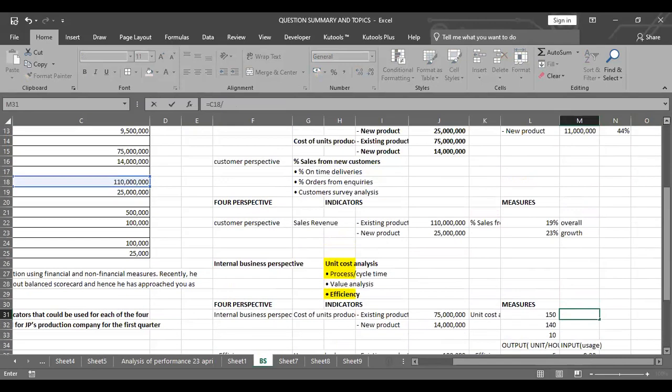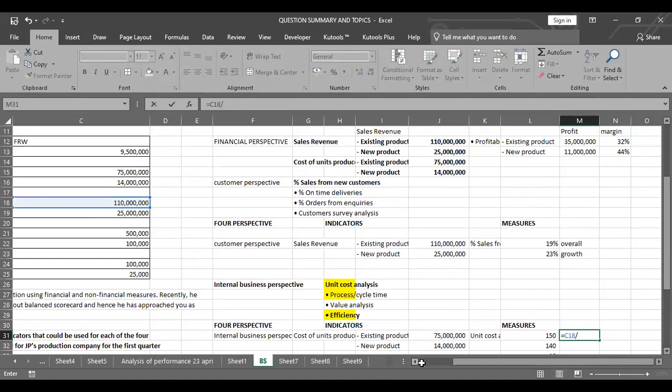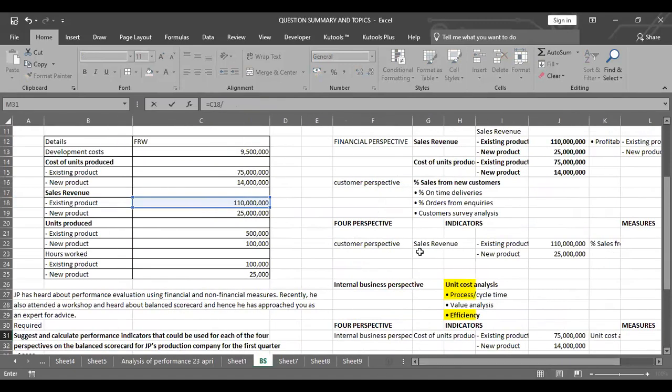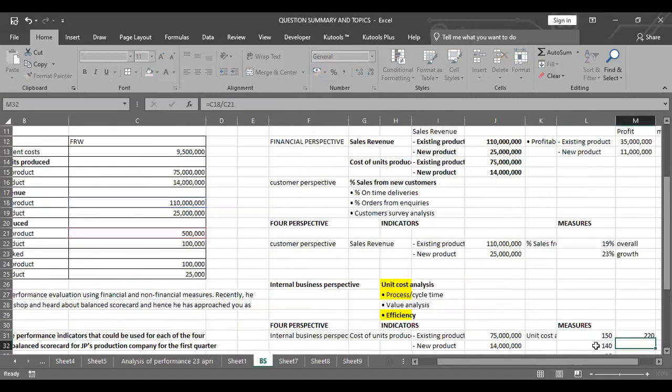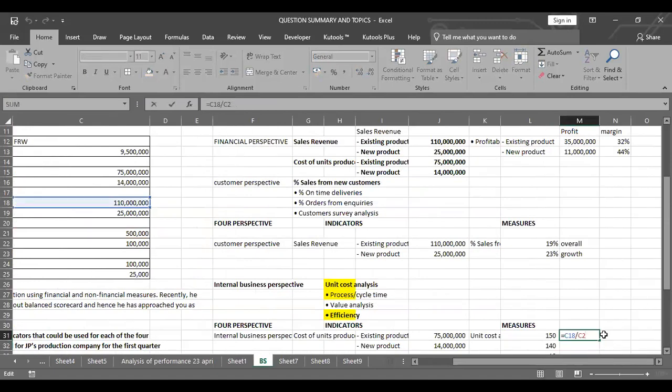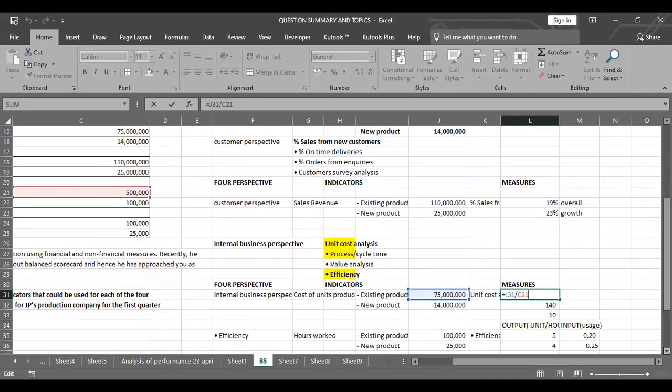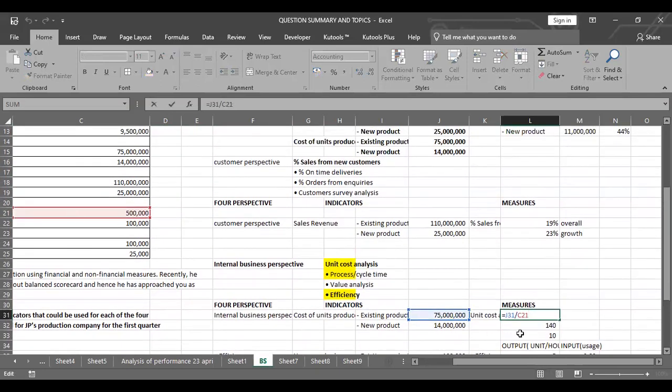I divided by the number of units being produced there, and the number of units produced was 500. I think I did it wrong. Let me check. Yes, I picked that and divided 5 million by 500, because you're looking for the cost, not sales. That's how I got the cost per unit. It's cost per unit, not sales. You're correct. So I picked the 75 and divided by that.